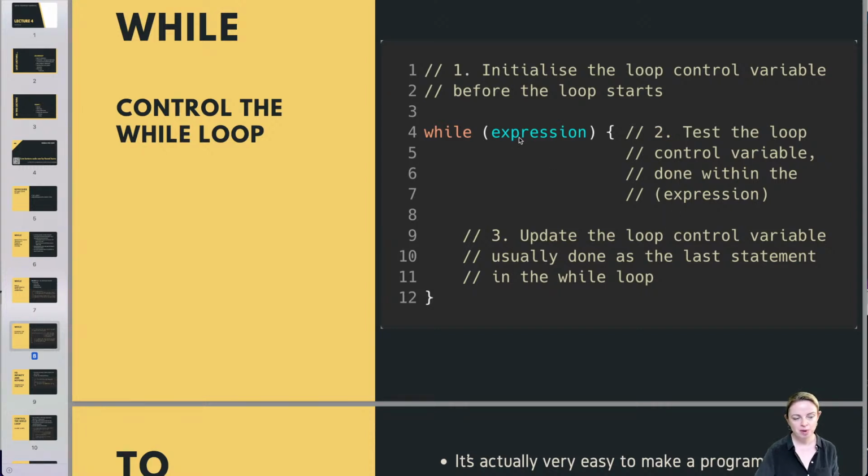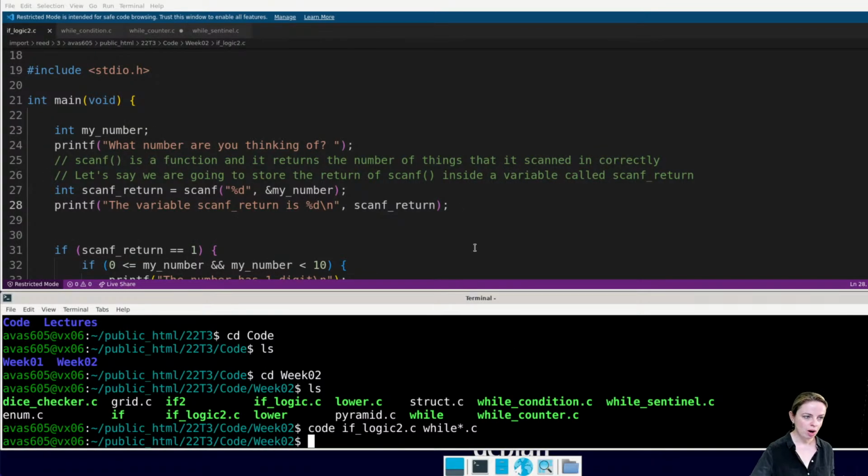The expression part is where you test that loop control variable. You ask a question with it, or you find out if something is going on or not. And then at the end of your while loop, before you exit out of it, you update the control variable so that you don't get stuck in an infinite loop. Okay, so the one issue with while loops is you can be stuck in an infinite loop.